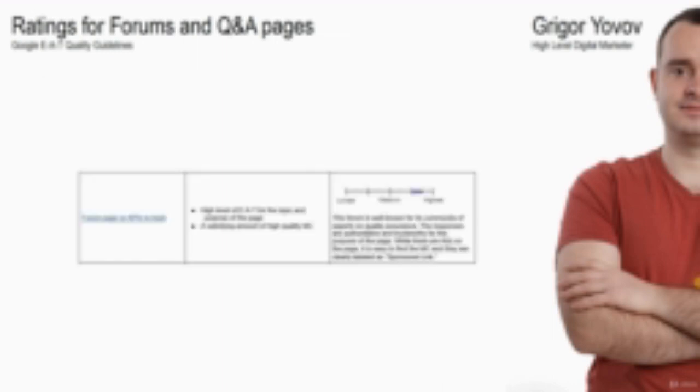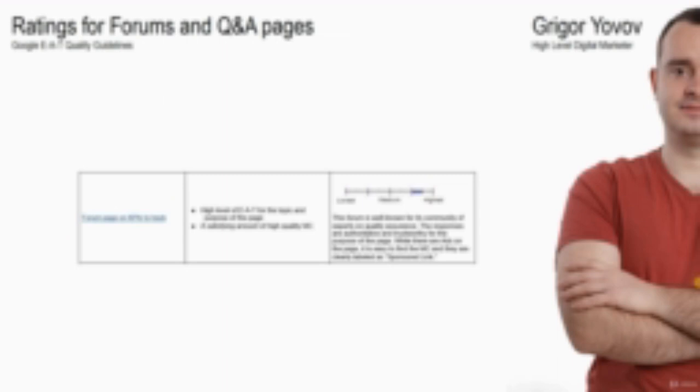In the next example, we look at the high and highest example for a forum. It's a forum on KPIs to track. It's obviously a marketing forum. A high level of EAT for the topic and purpose of the page, a satisfying amount of high quality main content. This forum is well known for its community of experts on quality assurance. The responses are authoritative and trustworthy for the purpose of the page. While there are ads on the page, it is easy to find the main content, and they are clearly labeled